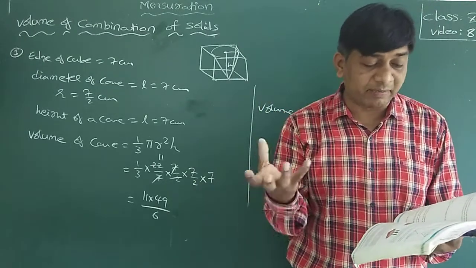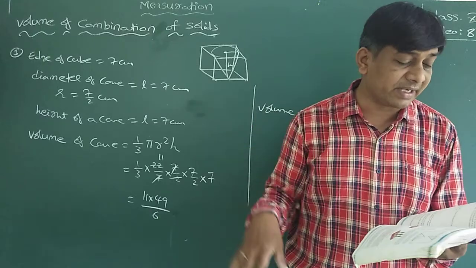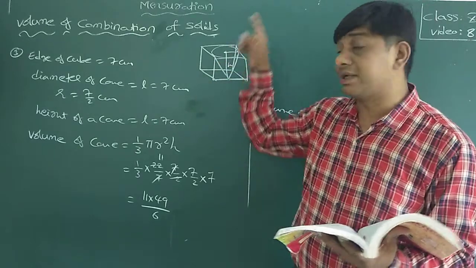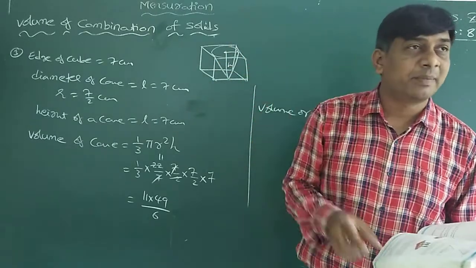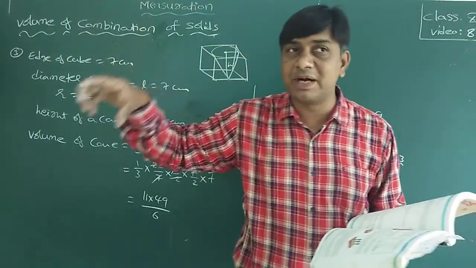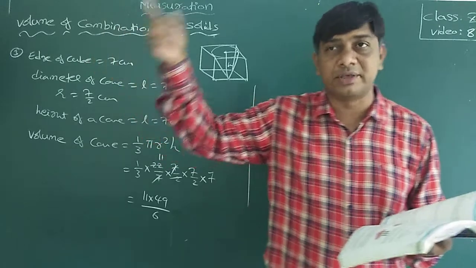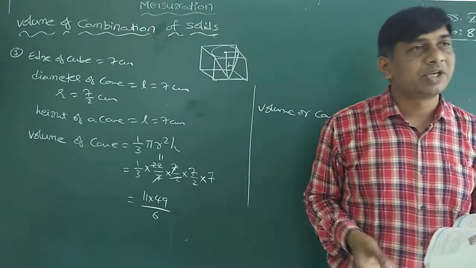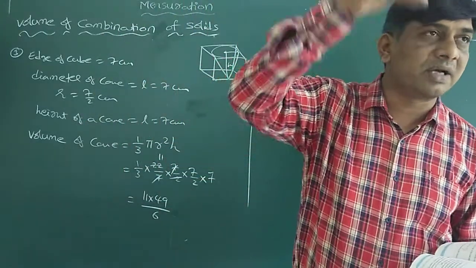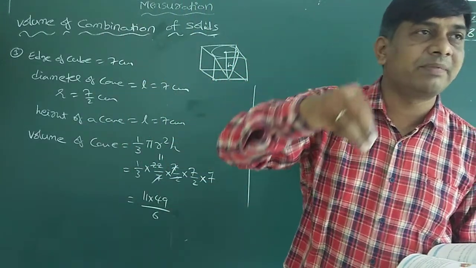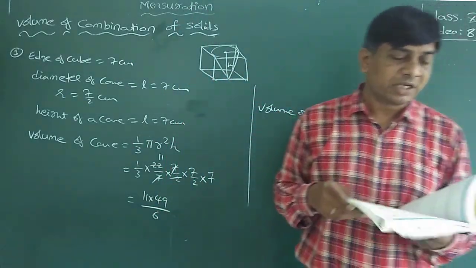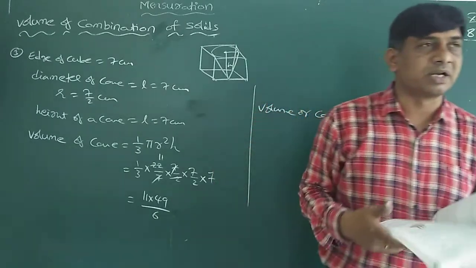Cylindrical tub measurements are given, radius given, length given, and a solid in the form of a right circular cone mounted on a hemisphere. The solid is like this only, like the previous one, a hemisphere and a cone. Means from the cylindrical tub, subtract the volume of the hemisphere plus cone separately. Subtract those two, you will get the water left in the tub, because whatever the volume of the solid you are immersing will come outside from the tub. Okay, thank you. In case any doubt is there, I will discuss in the next class. Thank you.